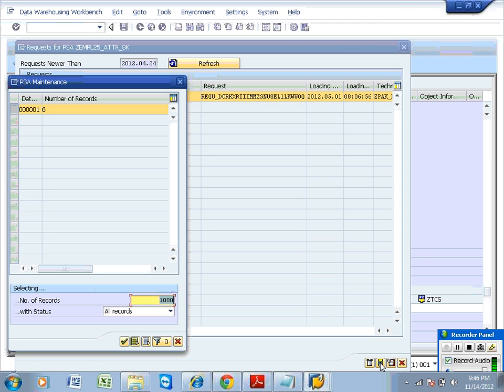Because of this request, 6 records were there in PSA, and if you click on this, because of this request, 6 records were transferred from source to PSA, and in PSA, data is bundled into data packets, and one data packet is carrying 6 records, okay.